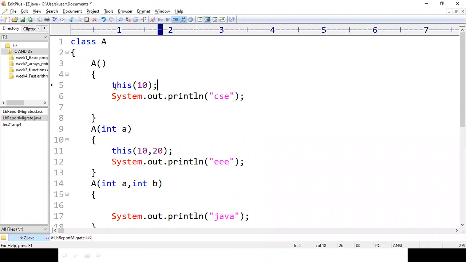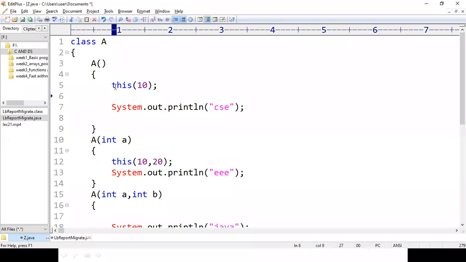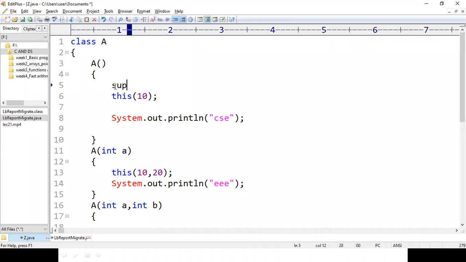We have studied this point while discussing the super keyword also. If you want to write the super keyword, you have to write it as the first statement inside the constructor. So now my question is, if I want to include both the super keyword and the this keyword inside the constructor, how is it possible without getting any compile time error? Here, if you want to write the this keyword inside the constructor, we have to write it as the first statement. If you want to write the super keyword inside a constructor, you have to write it as the first statement.